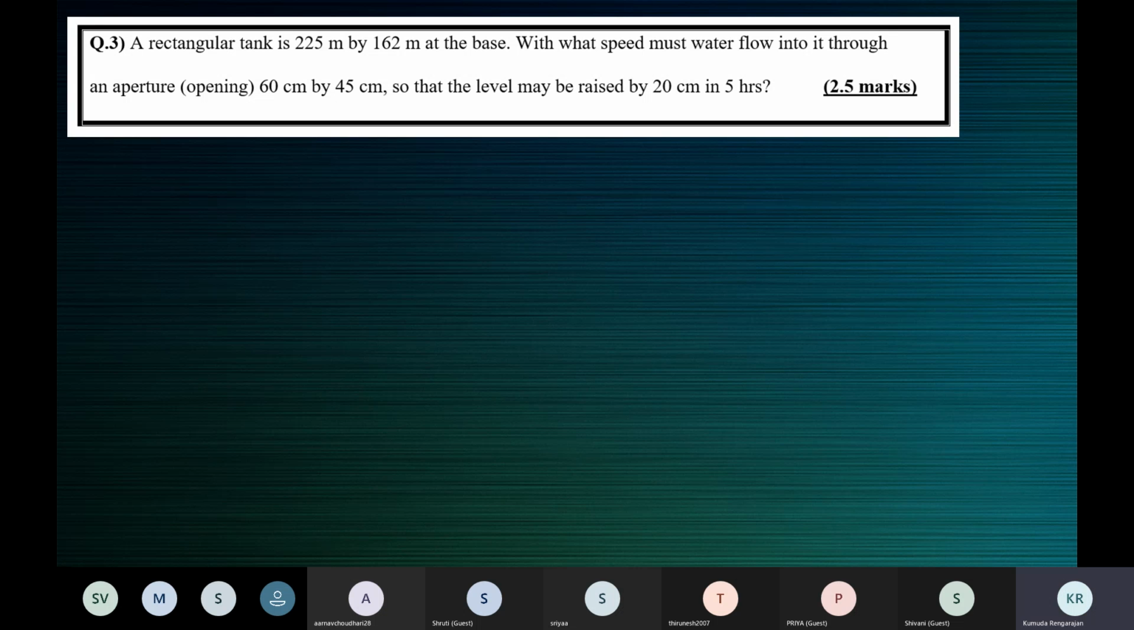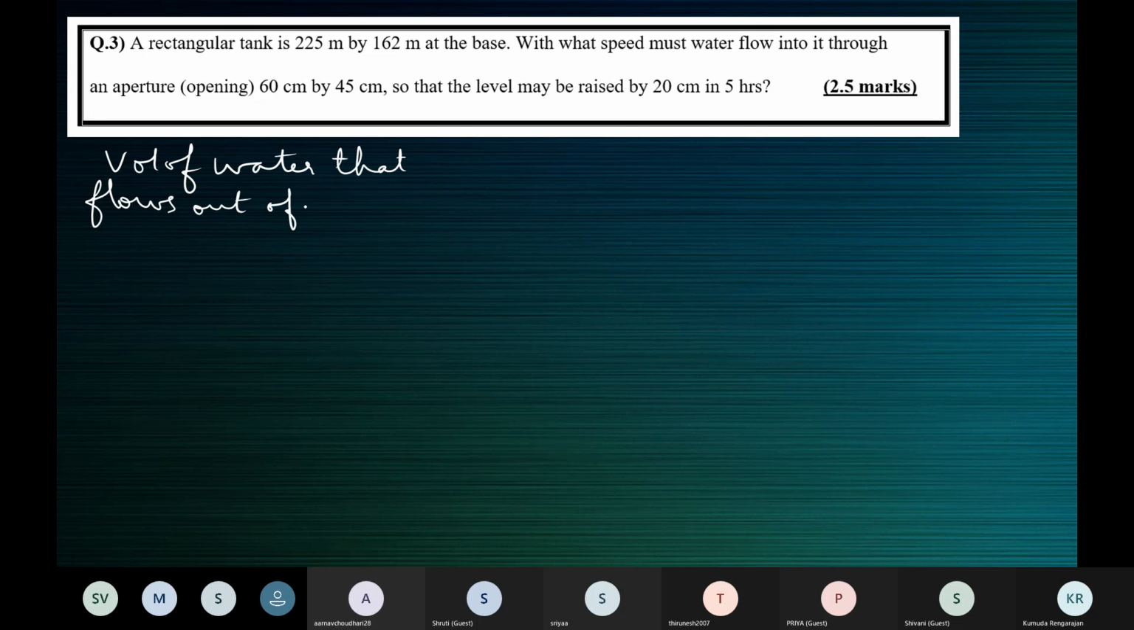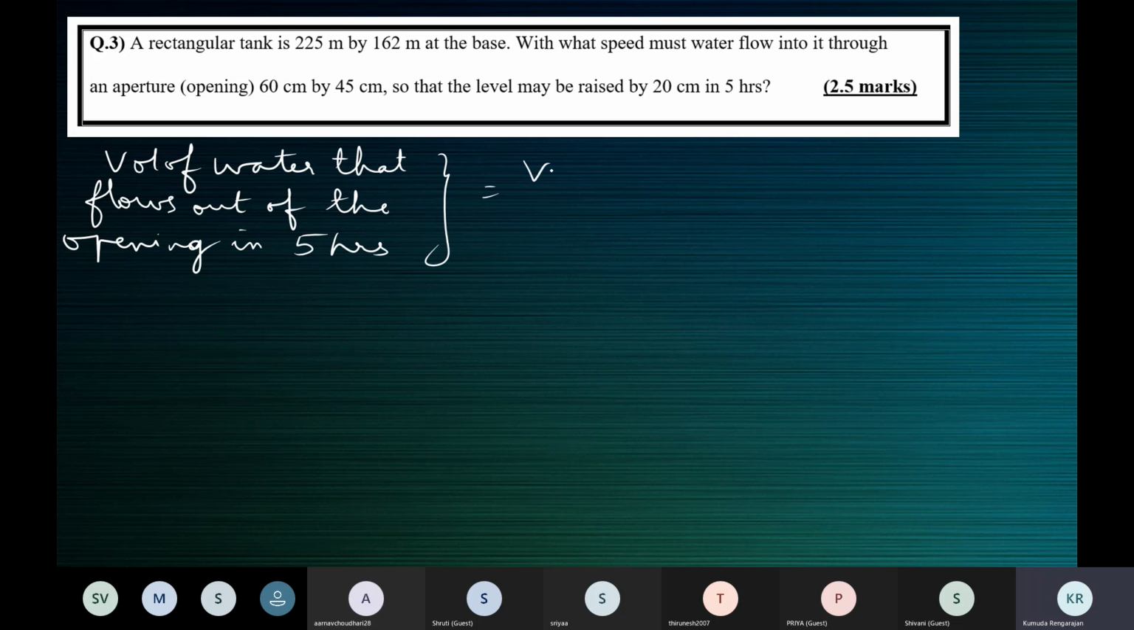All right. Now try to answer these questions. If I say that the volume of water that flows out of the opening in 5 hours is equal to the volume of water